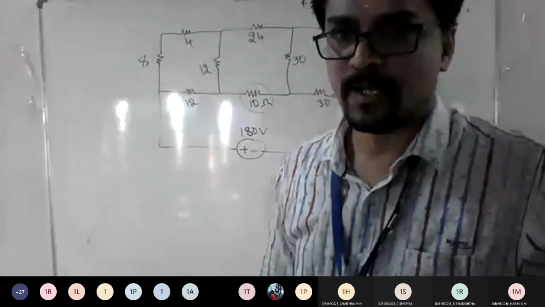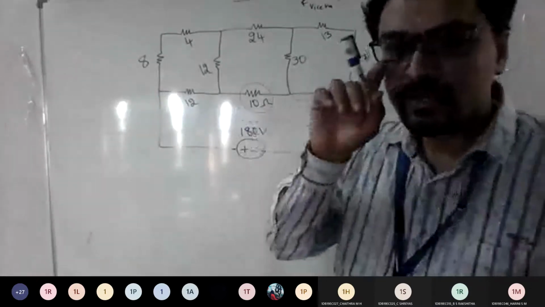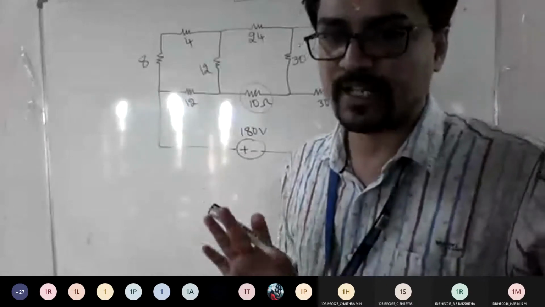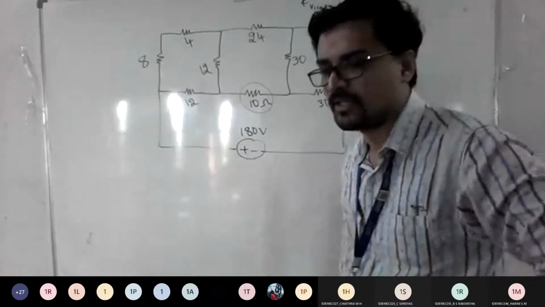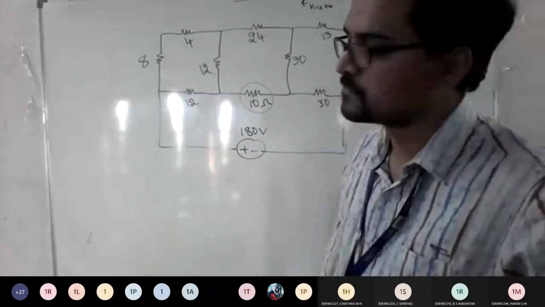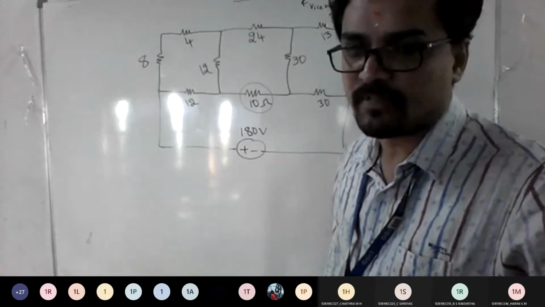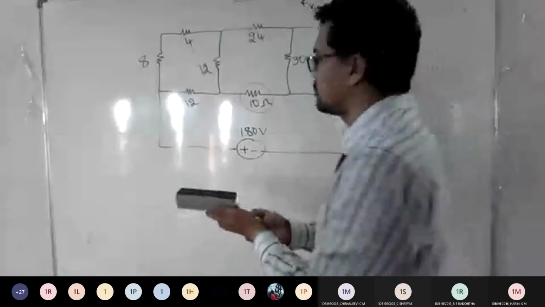Yes, sir. Now tell me how to proceed with this. What is the first thing I told? You try to check any possibilities without applying conversion. Any simplification can be done at the beginning, just check. Is simplification possible here without applying the conversion technique? Yes, sir. Two places, 8 and 4 and 13 and 17.